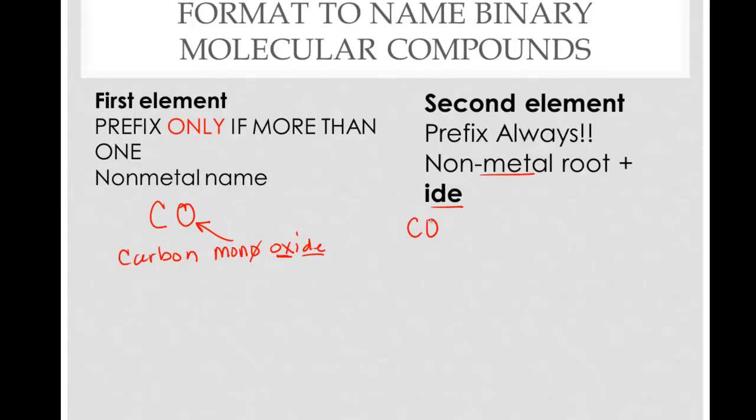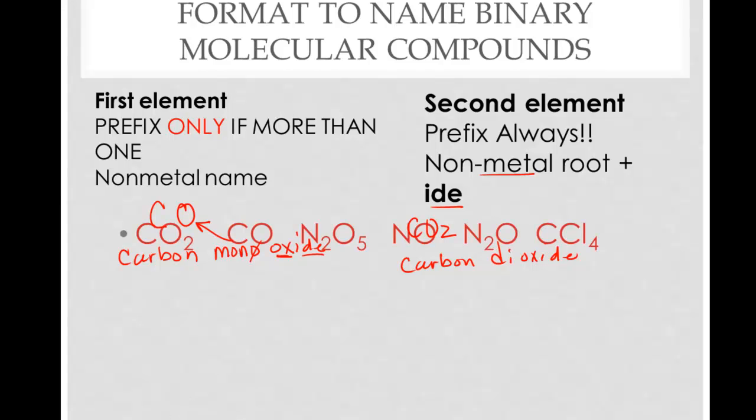And then CO2, I'll be writing carbon, no prefix on the first one, and then dioxide to tell you that there are two. And that's how simple and straightforward this is. So let me erase some of these since they're on top of the ones I have. We've just named the first two,